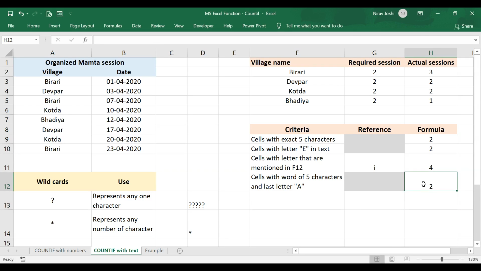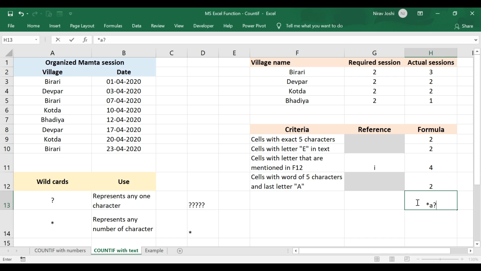So it will count all the cells with a word in which the last letter is A and the total number of letters is 5. So in this way we can use the COUNTIF function in different ways to count the number of cells. Now suppose we want to have a word as a criteria in which the number of letters is not fixed initially, but a letter should be there like A, and after that only one letter would be there.